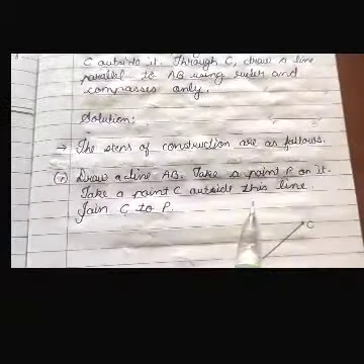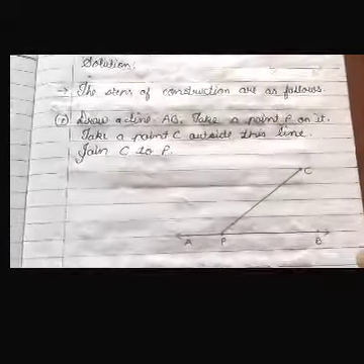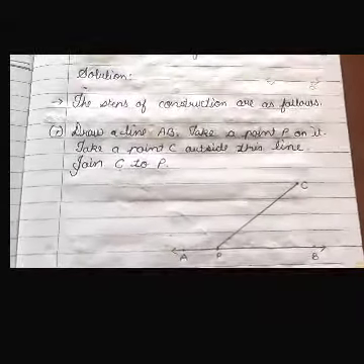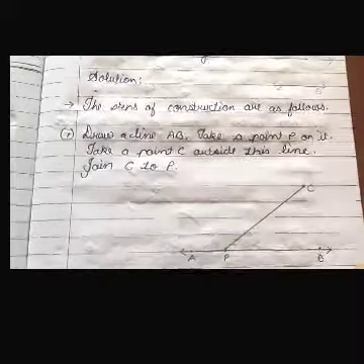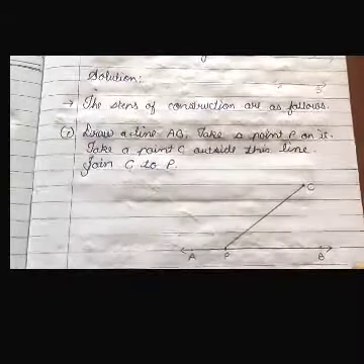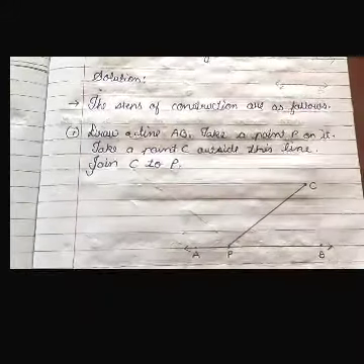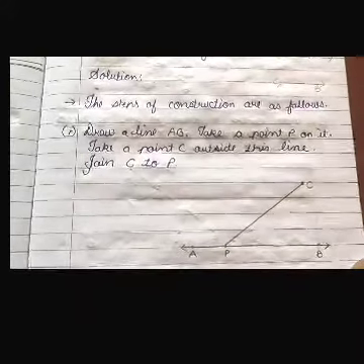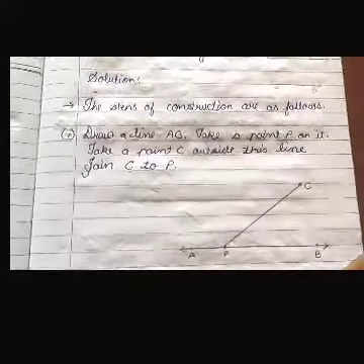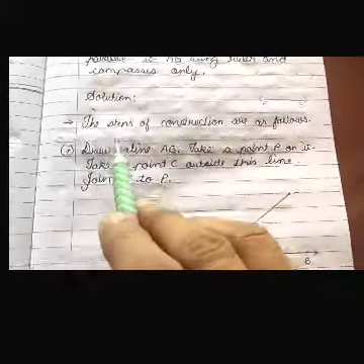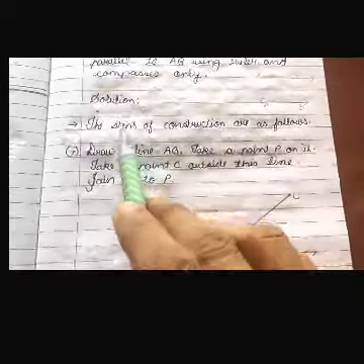So let us see how to start. Now dear student, here I have explained each construction step by step and separately. Only for the first sum you have to do this, so that you can easily understand, and afterward you can directly do the construction in one figure only. Here I have done each construction separately. Now understand step by step. You must write this: solution, that is, steps of construction are as follows.